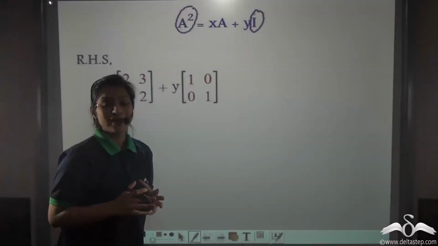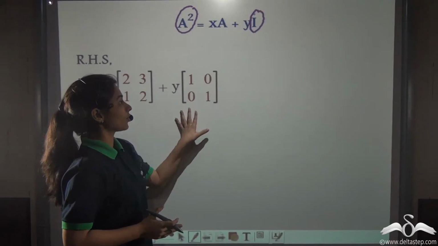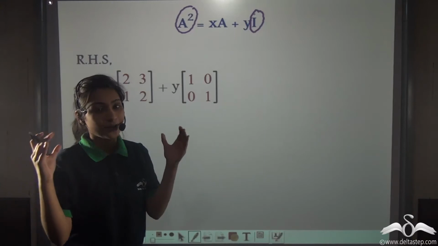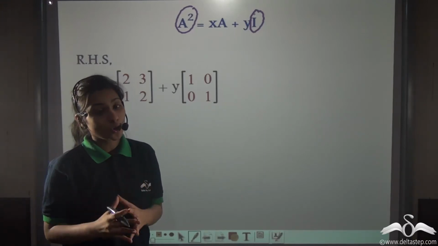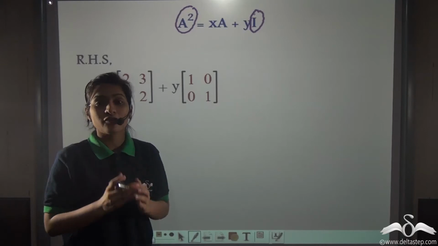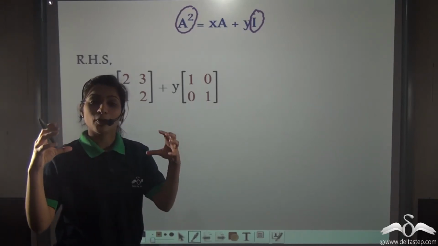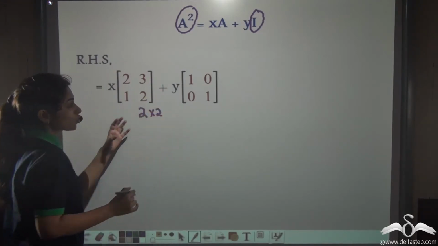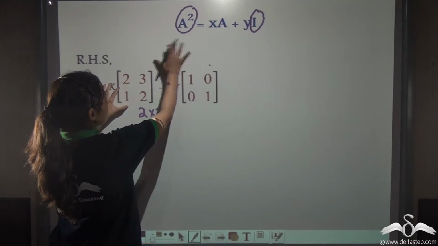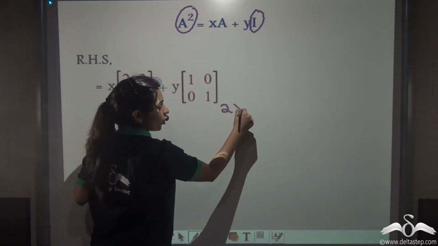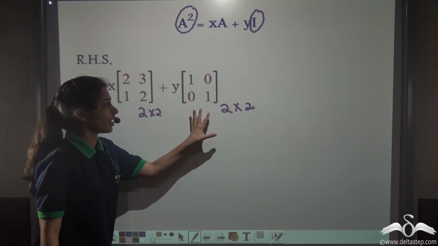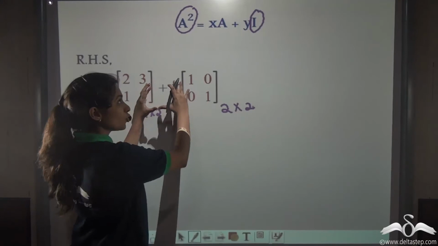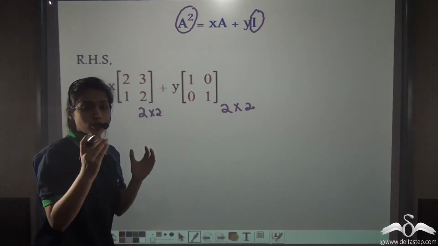Now, how did I know whether I have to put a matrix of this order only, 2 by 2 only? Well, if I do not take the identity matrix of order 2 by 2, I need to take the identity matrix of order 3 by 3, because an identity matrix is always a square matrix. Now you know that whenever we do addition of matrices, both the matrices need to be of the same order. So here you can see this matrix is of the order 2 by 2. So even to add this matrix to this one, this also should be of the order 2 by 2. So that is the reason we have taken the identity matrix of order 2 by 2. And then we can add these two to get a square, which is also of the order 2 by 2.